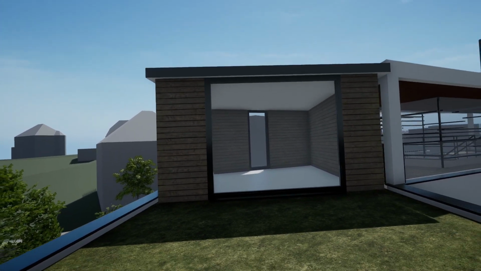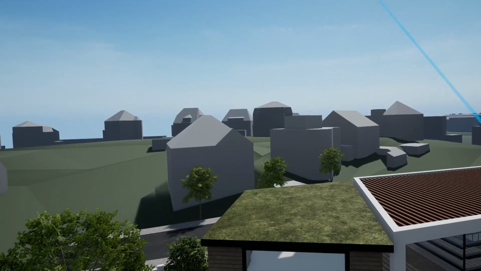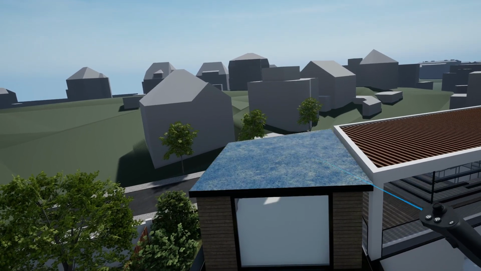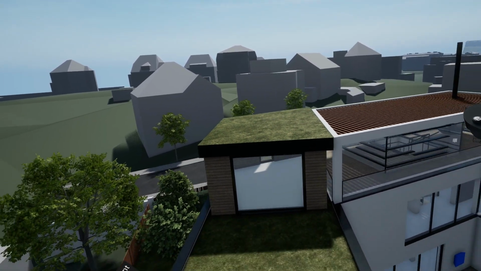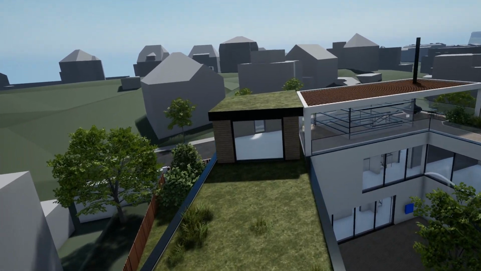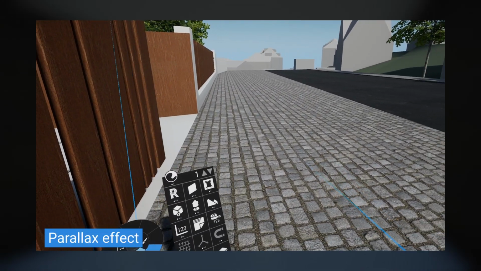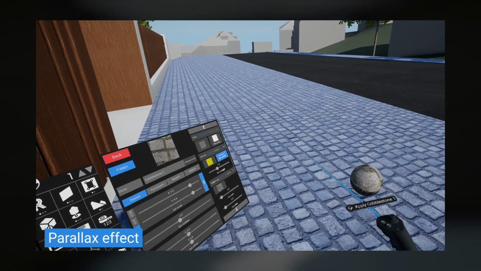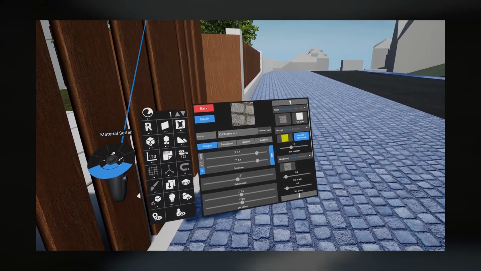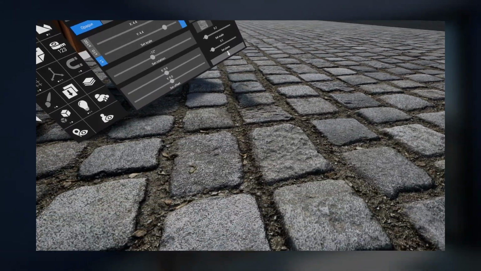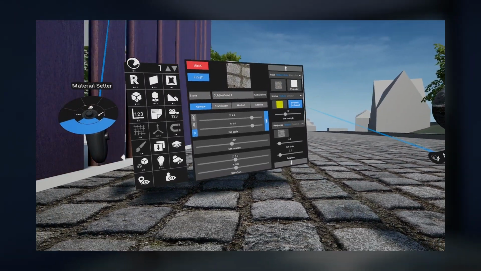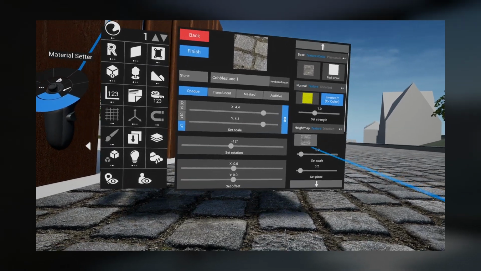Okay, so we have very realistic material on our BIM model and on our polygons, right? Let's move this a bit up so it's a bit thicker, and let's talk about materials. So let's select this floor, because it's like these cubes, very realistic, and we have a height map, right? And it creates this 3D